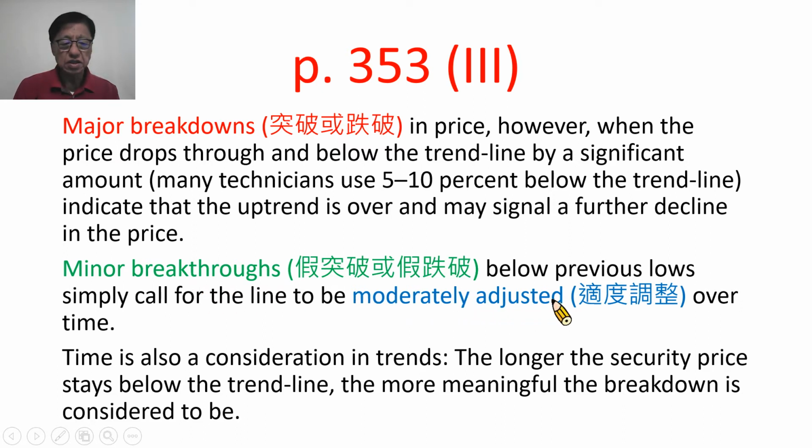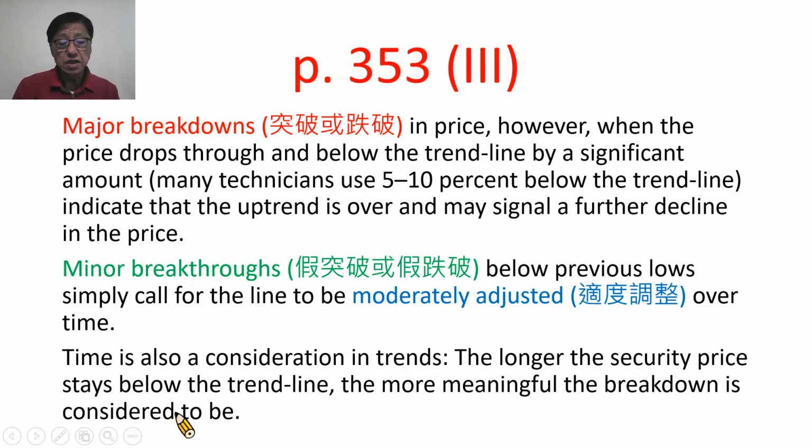Minor breakthroughs 就是假突破或者是假跌破。Below previous lows simply call for the line to be moderately adjusted over time。那么所谓的 minor breakthrough 假突破或者假跌破，就是指它低于上一次的低点，只是需要随着时间的过去适度地调整而已。Time is also a consideration in trends。The longer the security price stays below the trend line, the more meaningful the breakdown is considered to be。